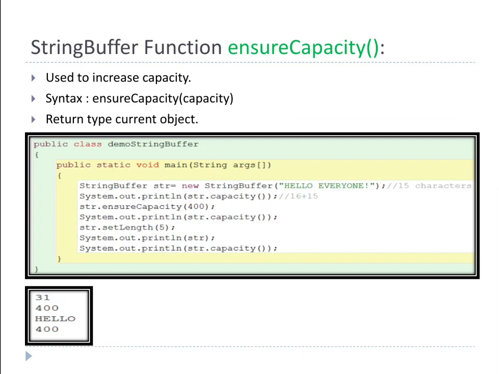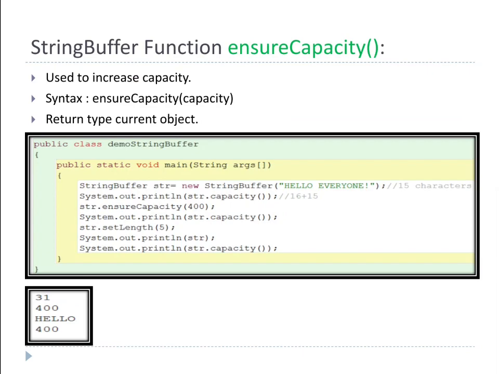I had written str.setLength(5), meaning the capacity is 400, but I want only 5 characters. Then see what happened. str provides us only 5 characters and the others were removed. "Hello everyone", everyone is removed, only "hello" is remaining. We are getting hello.